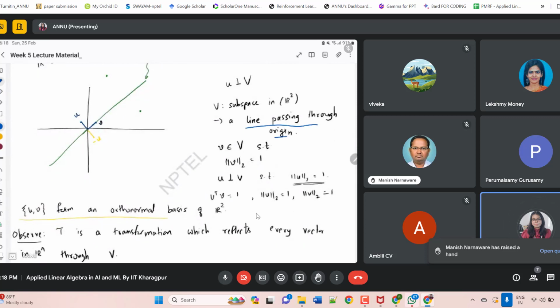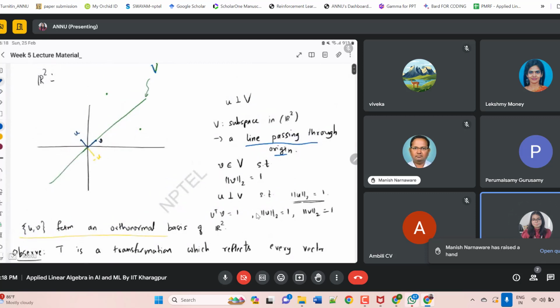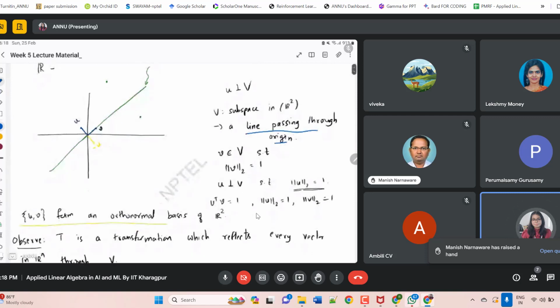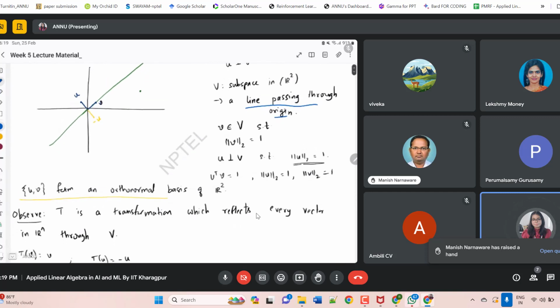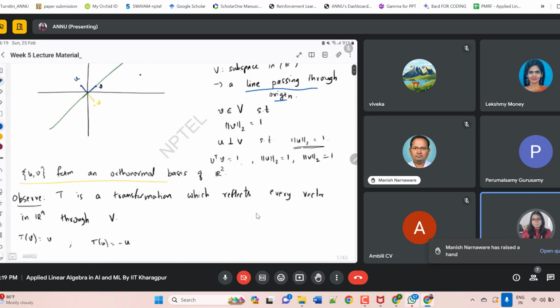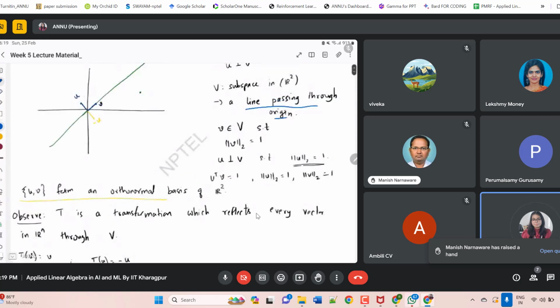Now you have this subspace, let's say V. Suppose this U is a vector that is perpendicular to V, such that mod of U equals 1. So this is an orthonormal set. Since this is perpendicular, U transpose V equals 0, according to the perpendicularity criterion, because cos theta should be 90 degrees. That is, the inner product of the two vectors is zero. Similarly, these are the things we have assumed.